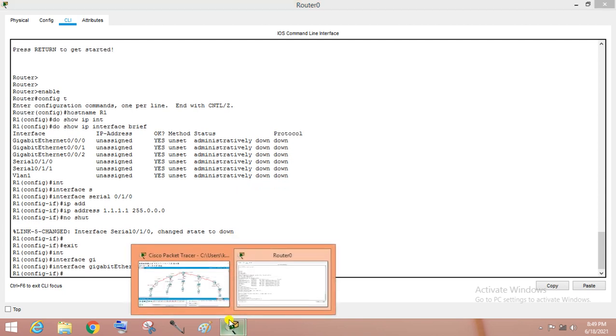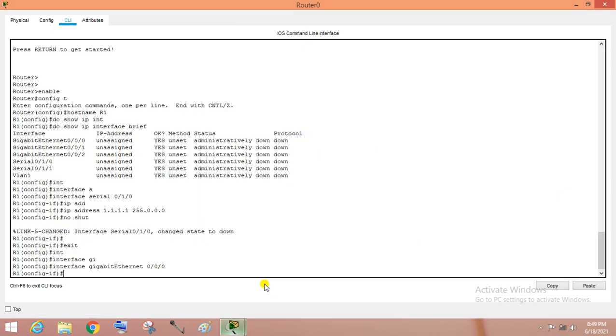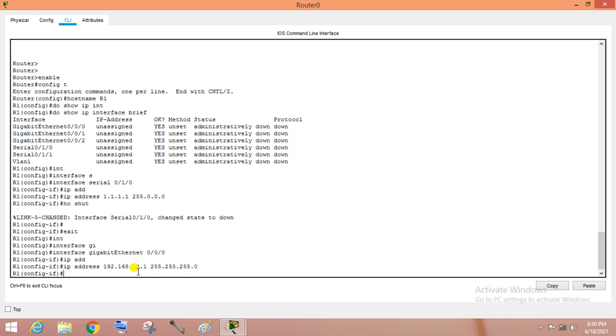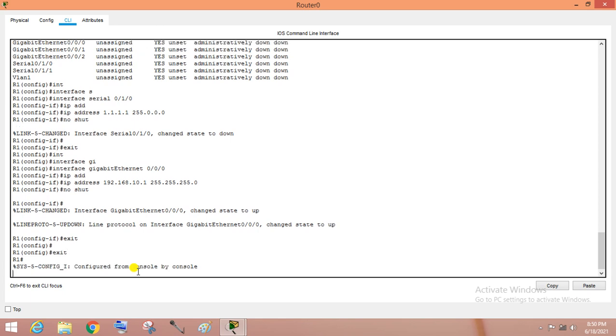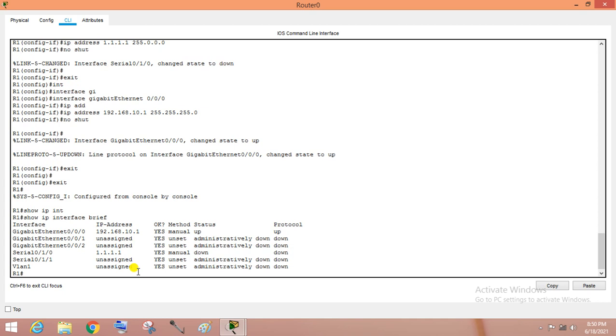You can verify it here. Here the IP address is 192.168.10.1, 255.255.255.0, then another command, no shut. We have checked with show IP interface brief. Okay, for this router we have done it.